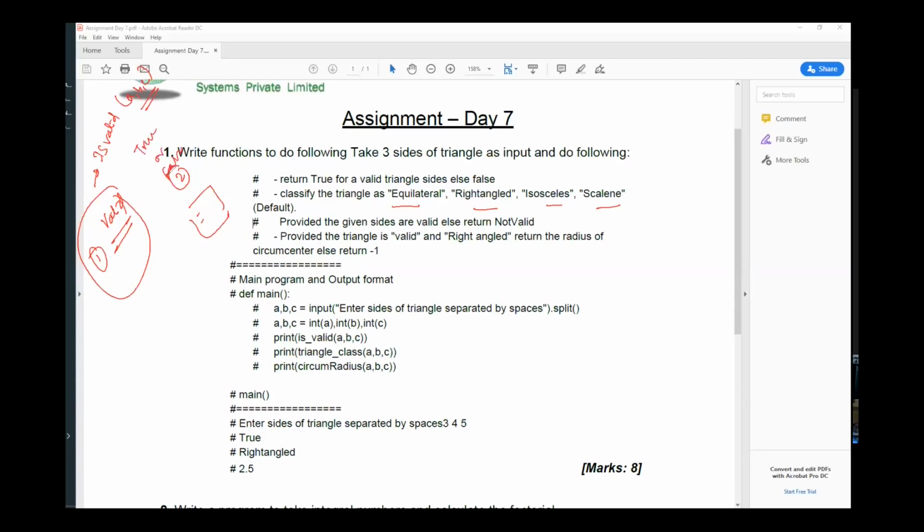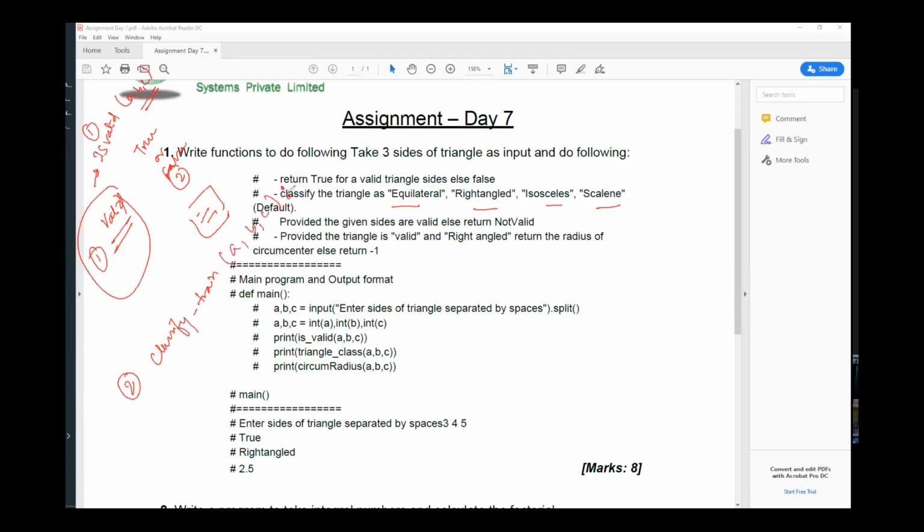Now once you have done that, in the second problem, this is my first function. For the second function, I will create a function, let's say classify triangle.